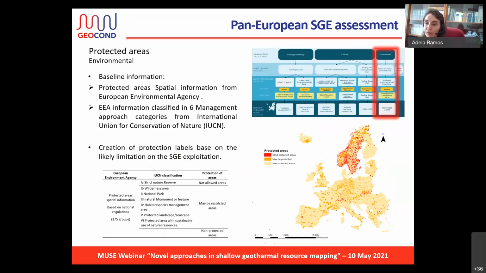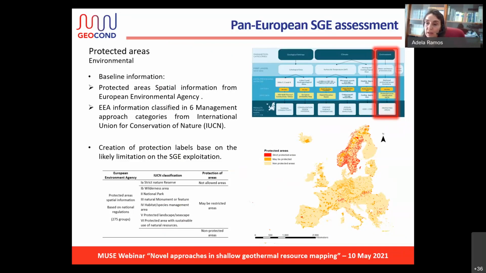So finally, the first step provides another classification, which was created by us, based on the likely restrictions in permits for the exploitation of the shallow geothermal energy. So among the 6 categories, the first category encompasses areas strictly protected, and thus no human activity was allowed, and were considered by us as not allowed